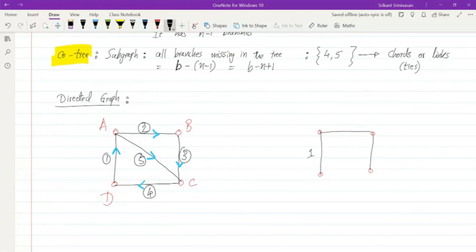So you said 1, 2, 3 is a tree. So we'll go with that. Now we have the tree here. Supposing I want to build a loop, right? I said that I have two chords, 4 and 5. Supposing I connect 4, then what happens? I get a loop. Supposing I connect 5 in place of 4, then also I get a loop, right?